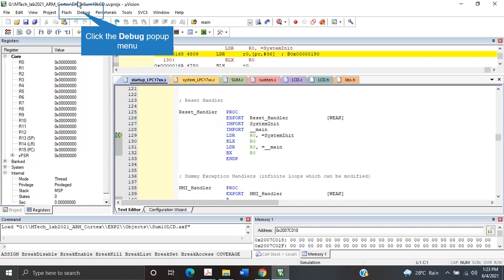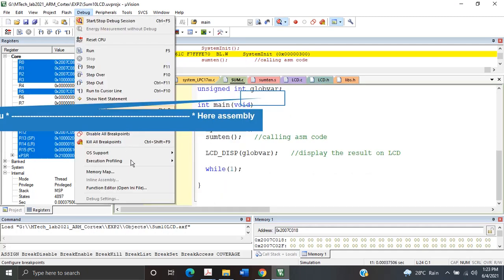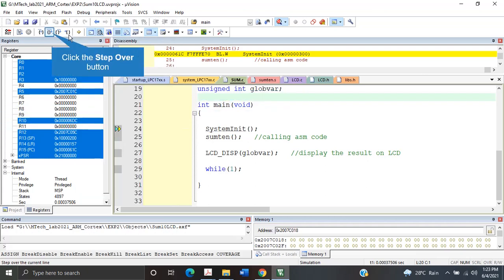Explore the other options like debug, execution profiling, show time, show calls, and how many times a particular function is hit. Or step over and step out: if for some function I just want the output and don't want to go into the internal details. Step goes into system init, and every line in it can be executed, but I just want to come out of the system initialization.